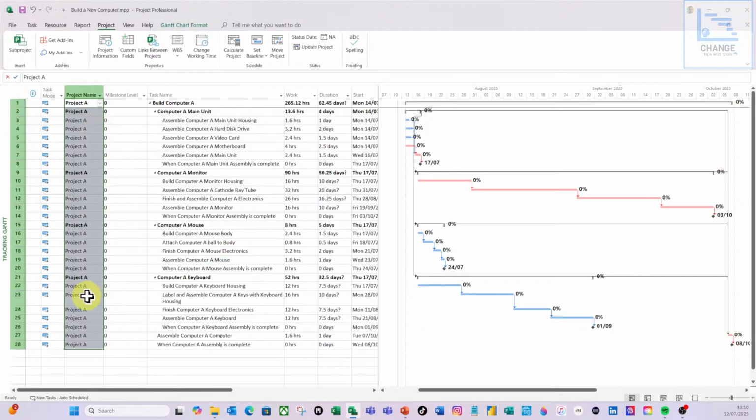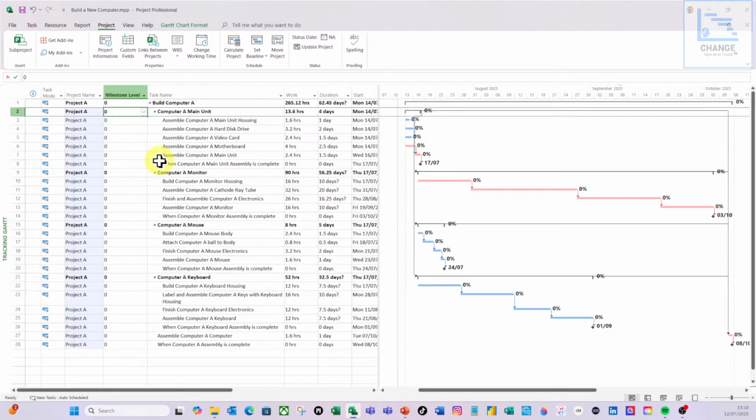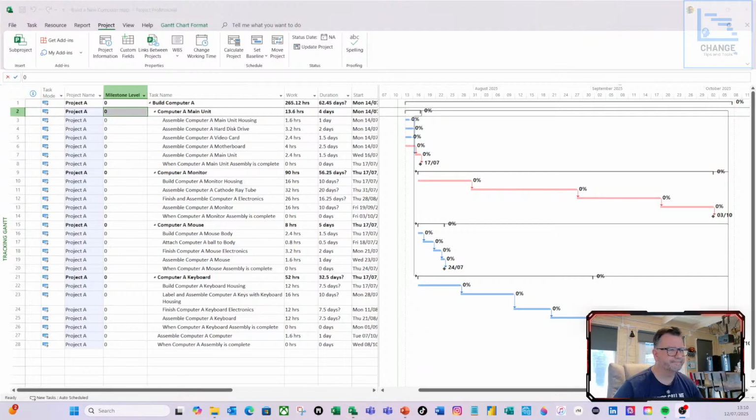Yeah, so fill it down. So there's Control D. So there's my project name against completed for all tasks in this project. The next thing I'm going to do is milestones. Now, the thing about milestones is I don't want to have to go through all my tasks, so I'm going